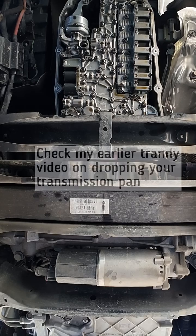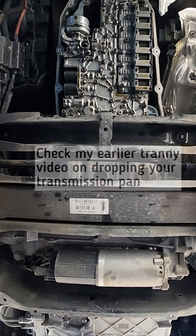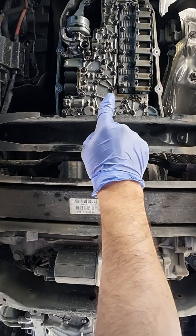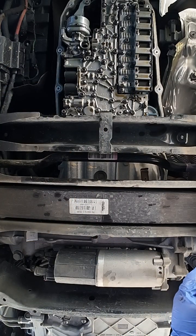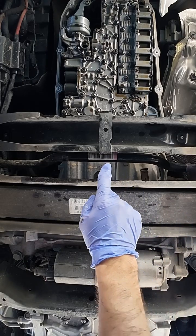Hi everyone, I would like to add this video to my past transmission job on the 9G-Tronic transmission. In my previous video I only did the fluid change with the pan and filter, just on the transmission itself. Today I would like to record this video as an addition to the previous one, on the fluid